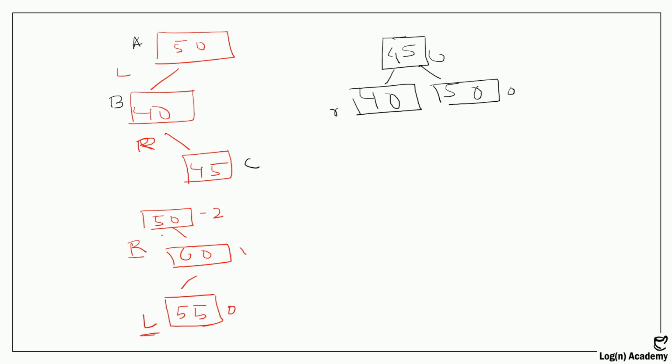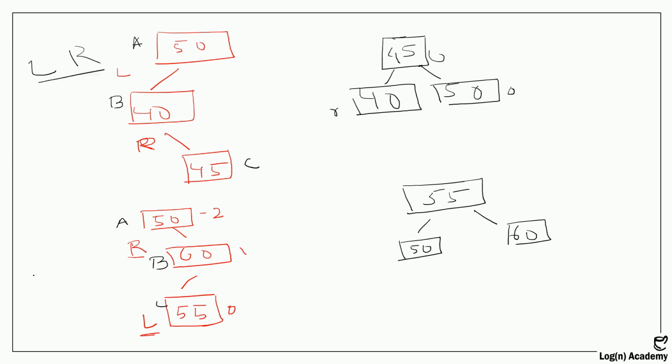So now let's mark them A, B, and C. So this is A, this is B, and this is C, and we will make 55 as a parent, and A and B will be its children. So 60 will come here, and 50 will come here. So now we have balanced this case also. This is LR, and this was RL. This is how we can balance trees. We can balance the unbalanced trees, and we can ensure the time complexity